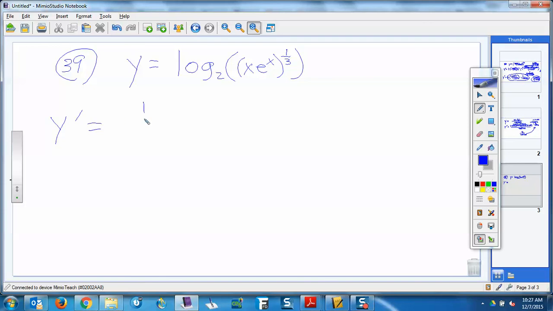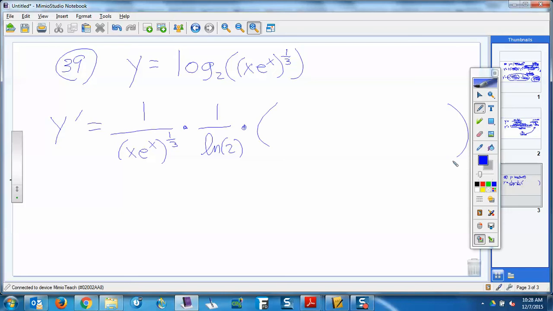Derivative of the log. So that's 1 over. Log is always 1 over the inside, times 1 over ln of 2, that's just the rule for log of another base. If it was a natural log here, we wouldn't worry about that, because we'd have 1 over ln e, which is just 1. And then times the derivative of the inside. And the derivative of the inside is going to be